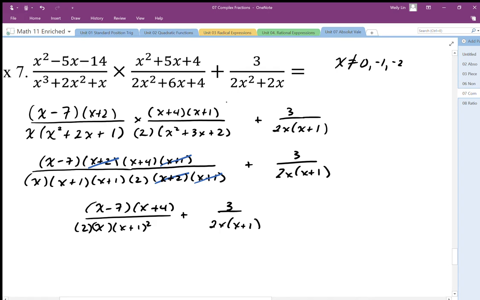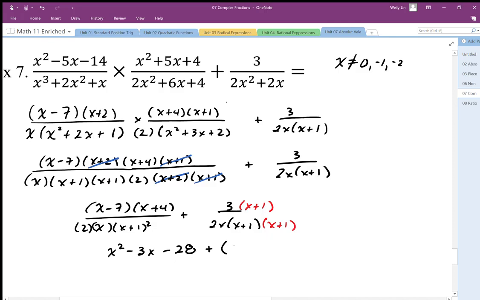Here I've got a factor of 2, factor of 2, factor of x, factor of x, factor of x plus 1. And I have 2 of them, so I need 1 more here. So now my denominators match. I can now multiply out and combine like terms. So I do need to expand the numerator out again. X squared minus 3x minus 28